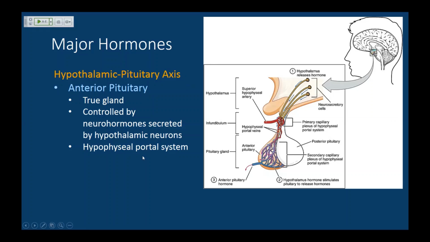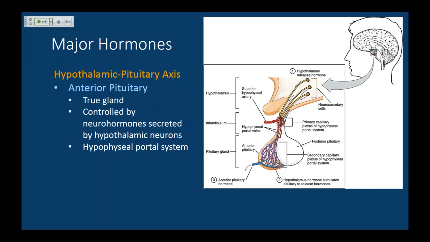So the hypophyseal portal system is going to transport the hormones that are made in the hypothalamus to the anterior pituitary where they can modulate its function. Let's take a little step back and talk about what a portal system actually is. A portal system, by definition, is two capillary beds in series. And if you don't know the difference between series and parallel, that's kind of like a circuits thing that you'll learn in physics.